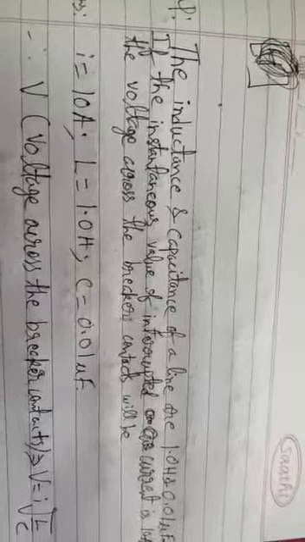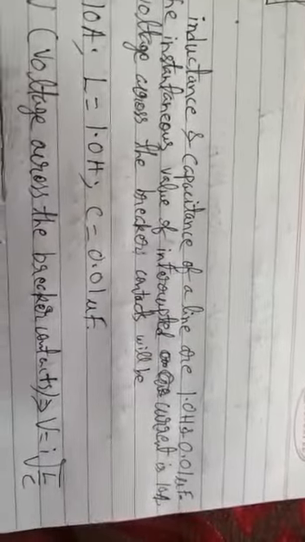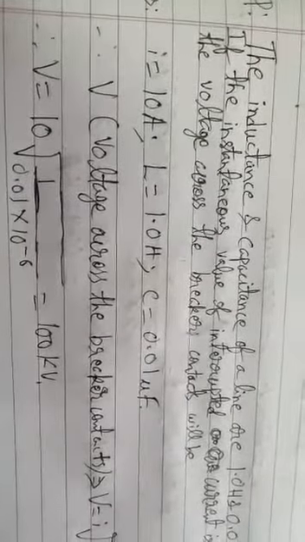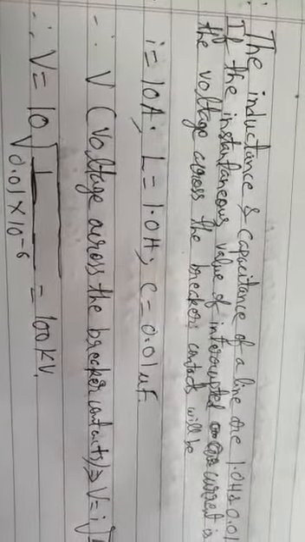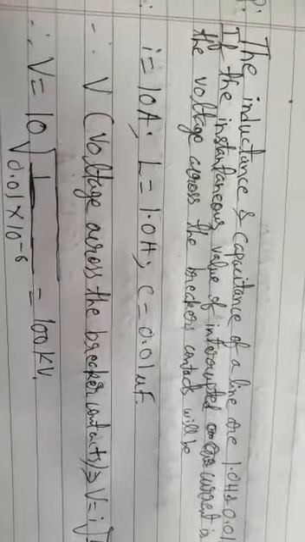So the voltage across the breaker contacts represented by V, what will be? That will be equals to I. V is equals to I into square root of L by C. So substitute the values. Therefore I is 10 amperes, that is 10, square root of, in place of L you substitute 1 Henry, that is 1, divide by capacitance is 0.01 microfarad,